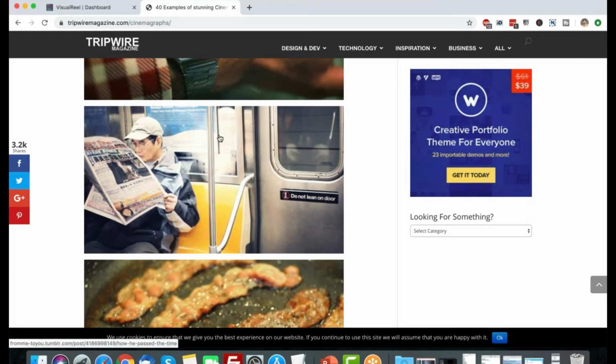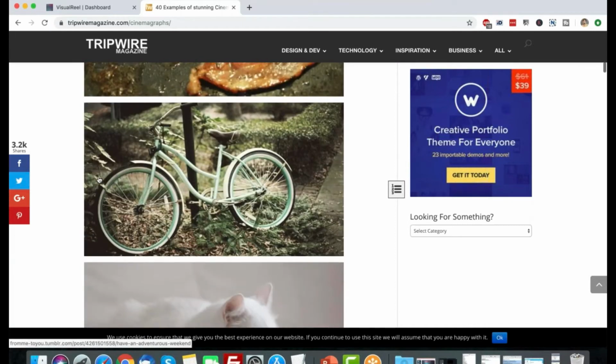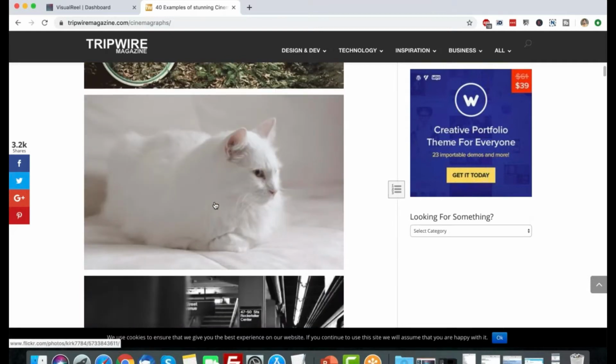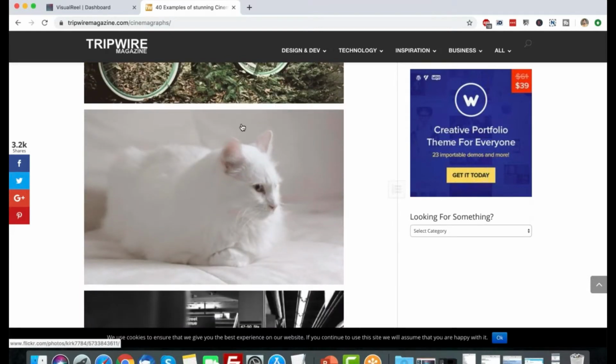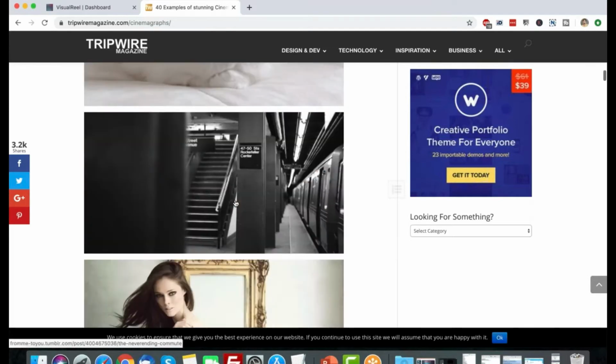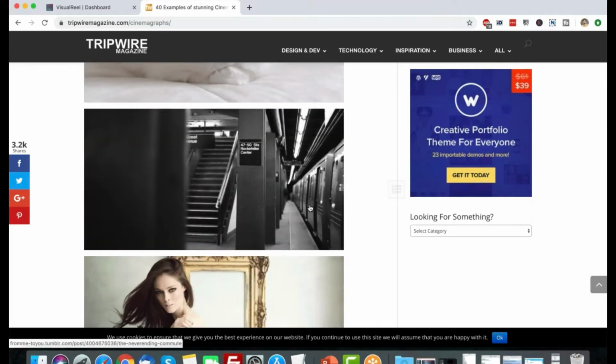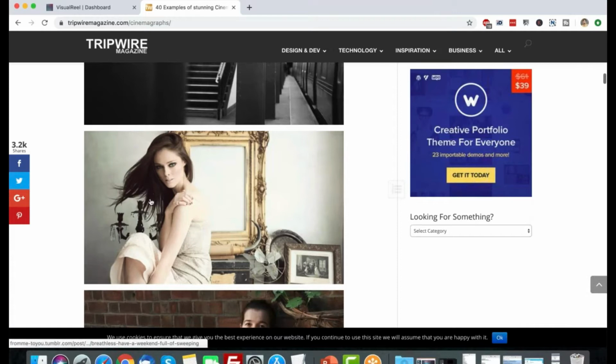All right, let's look at another one. On this one, it's a still picture of a bike resting on a pole, but these leaves keep on moving. This is a cinemagraph. Same with this cat. As you can see, the entire picture is still except her ears, which keep on repeating and moving in the same pattern. All right, let's look at another one. This one, everything is still except the train. It keeps on moving and animating indefinitely. Same with this picture, everything is still except her hair and the part of the dress that keeps moving.